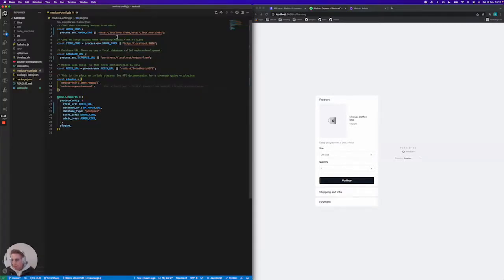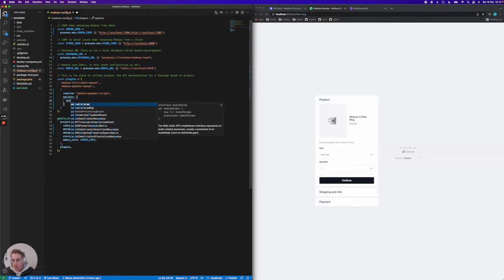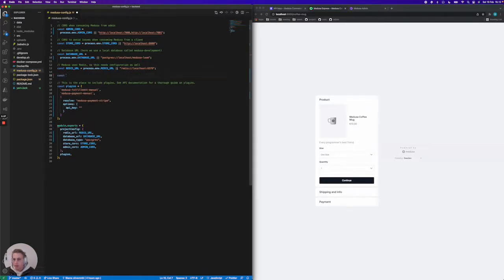Now in our Medusa config, we need to add Stripe as a plugin. Since the Stripe plugin needs a couple of options, we need to use a slightly different notation than already here. So we're going to say resolve the medusa-payment-stripe plugin, and then we're going to give it a couple of options here, which is actually only the API key for now. Now we're going to be using an API key, so I'm just going to make a variable up here called